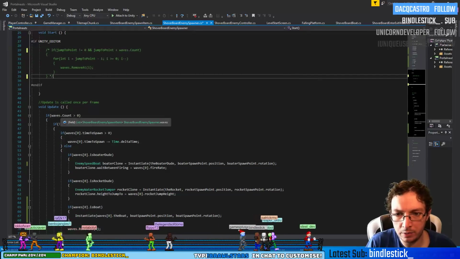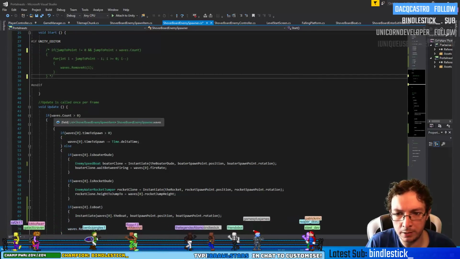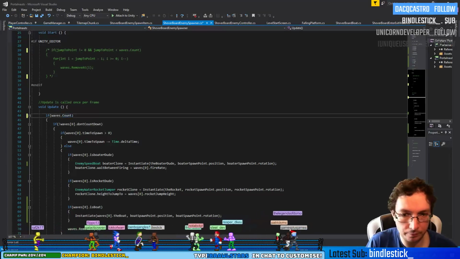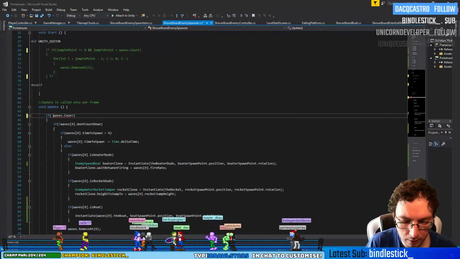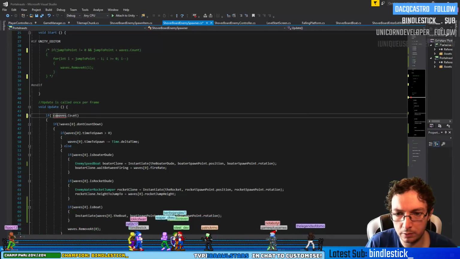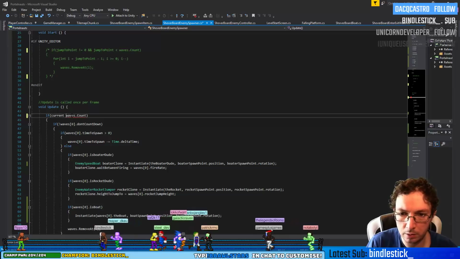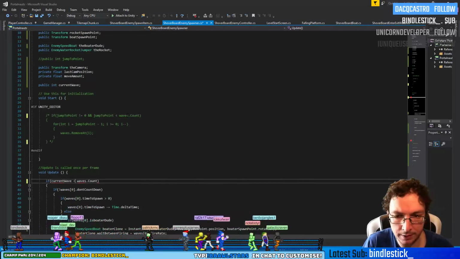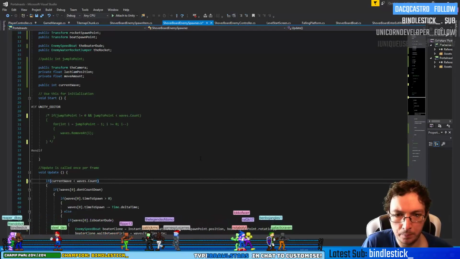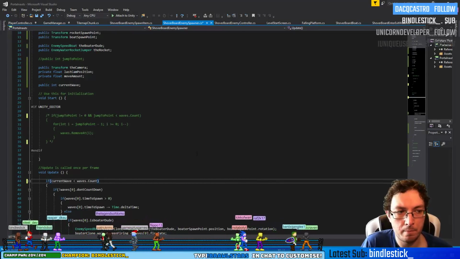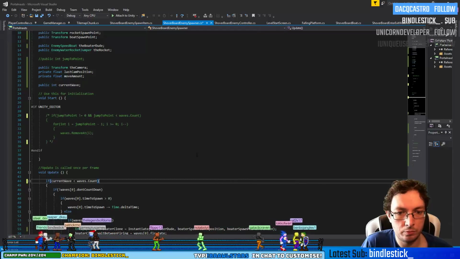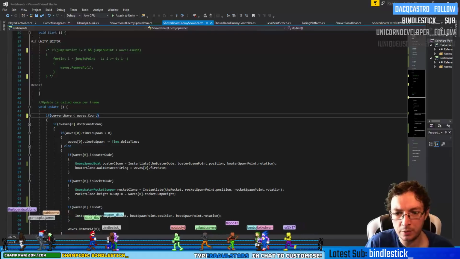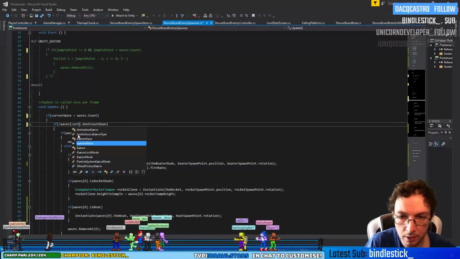So if waves.count is greater than 0, that's not what we're basing on. What we're basing on now is if current wave is less than waves.count. Yeah, that makes sense. If current wave is less than waves.count, then waves current wave